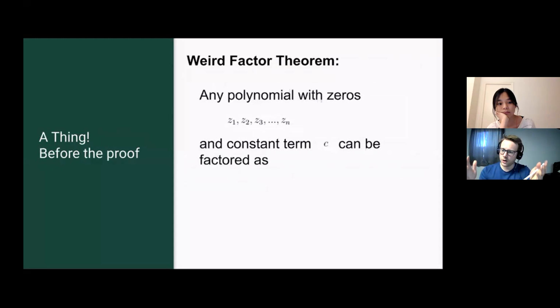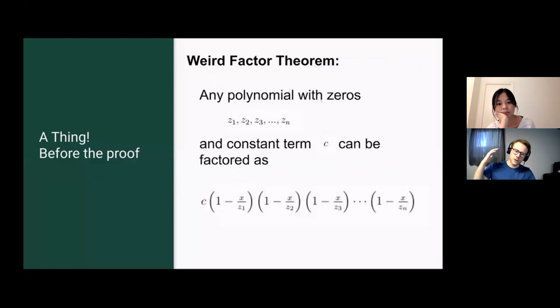So if you have a polynomial with certain zeros, right? We're always interested in finding the zeros of a polynomial, factoring it and setting it equal to 0. But if you have some polynomial and we can write down what the zeros are, and better yet, we can say what the constant term is, then if one was so inclined, you could factor it like this. And you could say this is a completely useless theorem, right? Why would anyone ever want to factor it like this? But the big thing is, if you wanted to, you could, and we'll see a use for it coming up